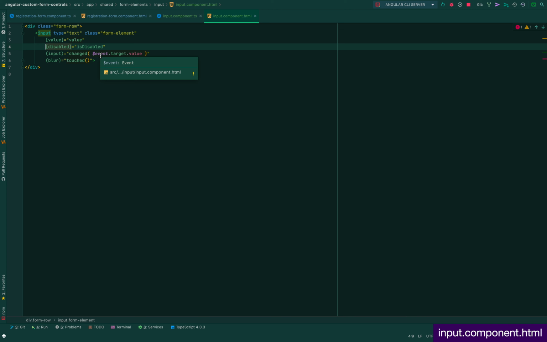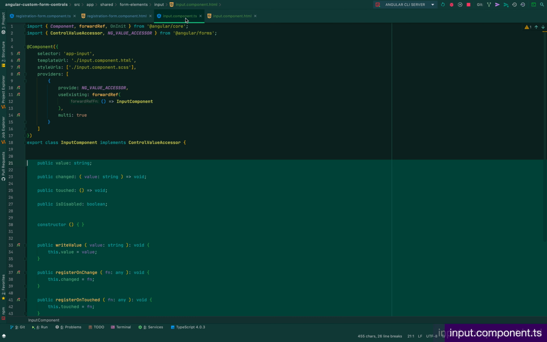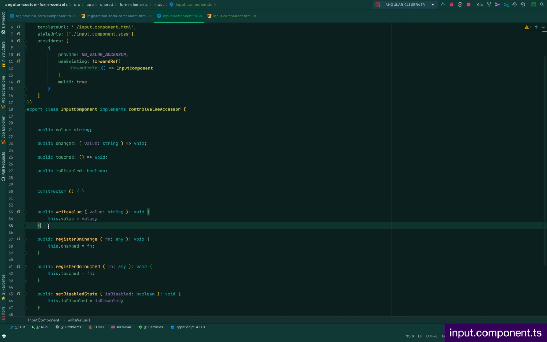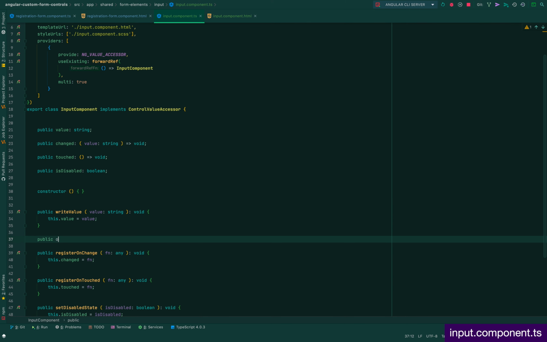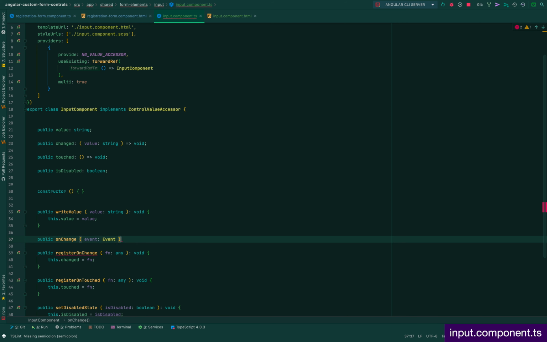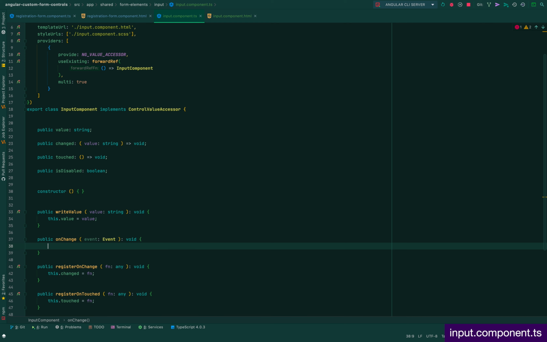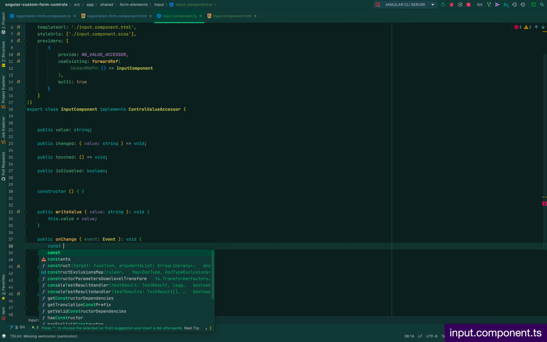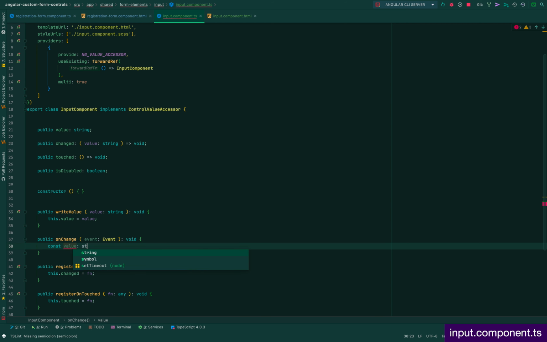And if you're fine with this error, ignore this next step. But for me, I'm not, so I'm going to go through and change this. So I'm going to create a new method here. I'm going to call it onChange. We know that it takes an event of type Event because that's what's given us our error in our template. And we know it doesn't return anything because we set out our type up here. Now I'm going to create a new constant here and call it value. And we're going to give it a type of string